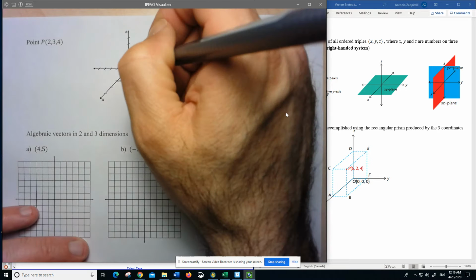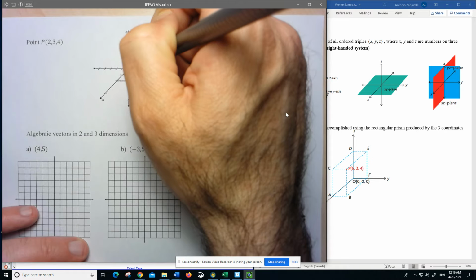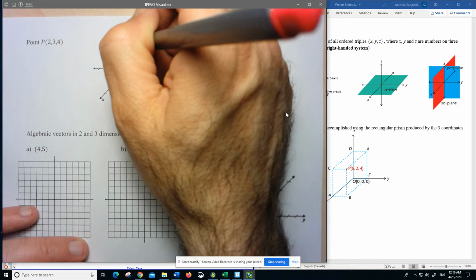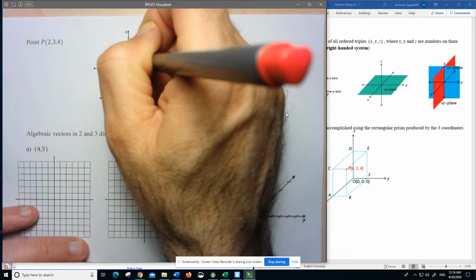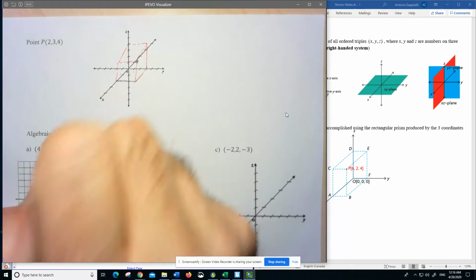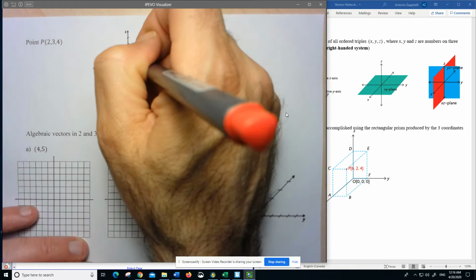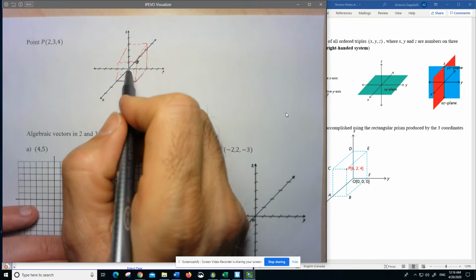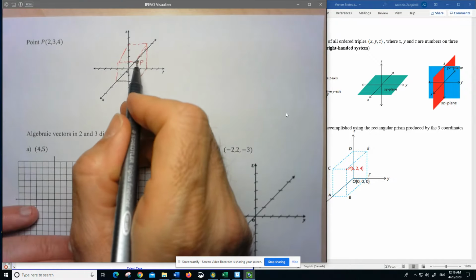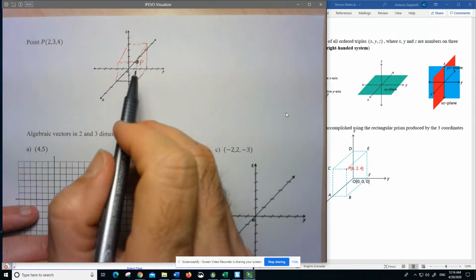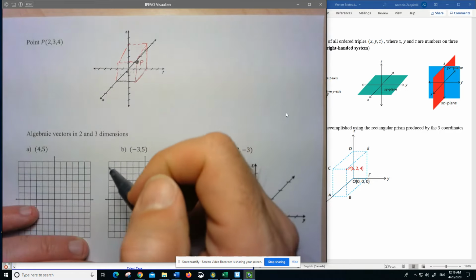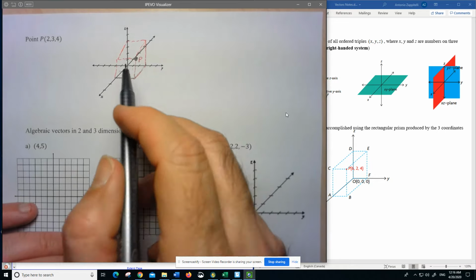So what I'm going to do is create my rectangular prism. I'm going to go up, and then 1, 2, 3, 4. Not the best job here, but this gives us the impression that if this is 0, 0, this point 2, 3, 4, point P, is on the other diagonal, on the other corner of this rectangular prism. All right? So this is how we draw points,